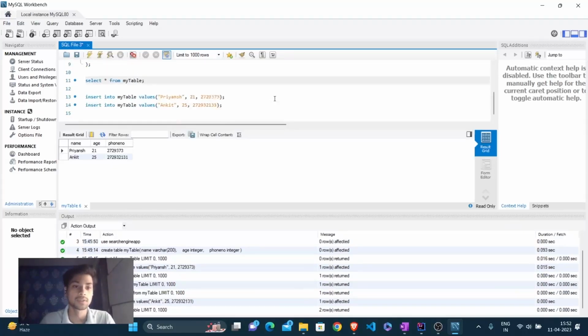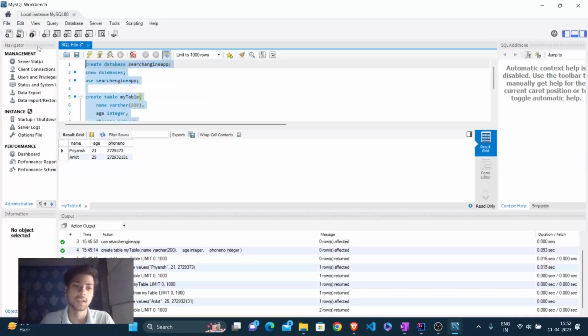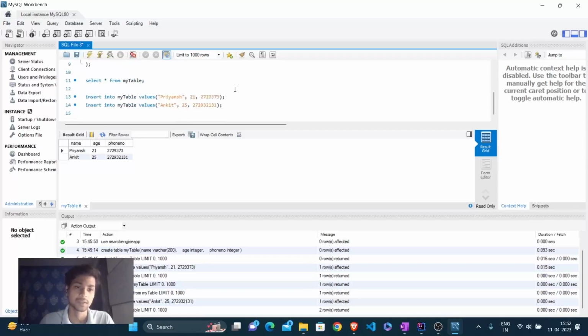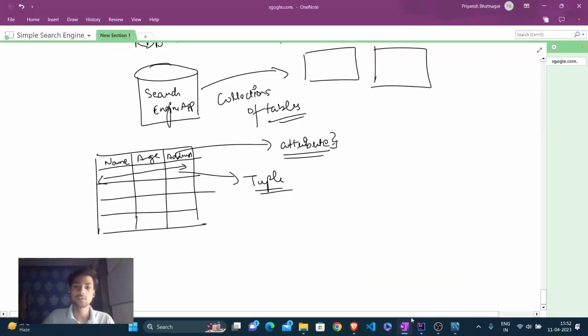Now, so this is all the basics that we can use in the table in MySQL. This is all the basics you need to know right now. Now we have understood how we can create the tables and how we can insert the data into it. Now, how do we interact